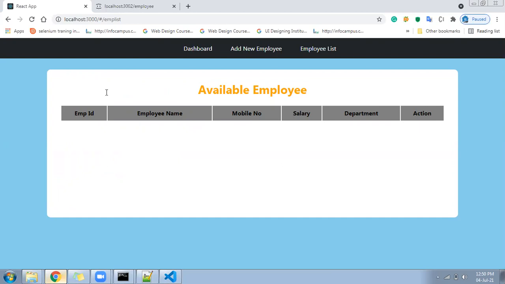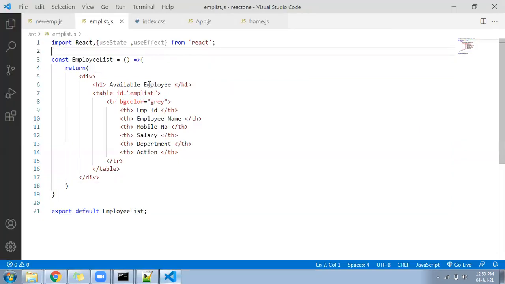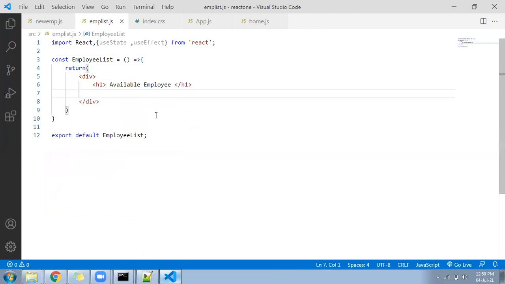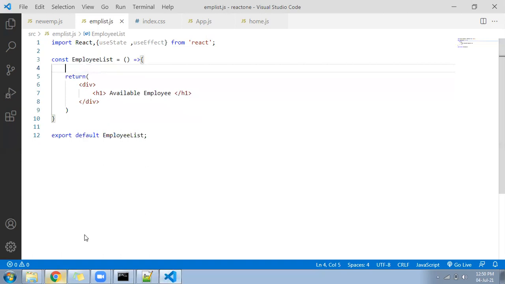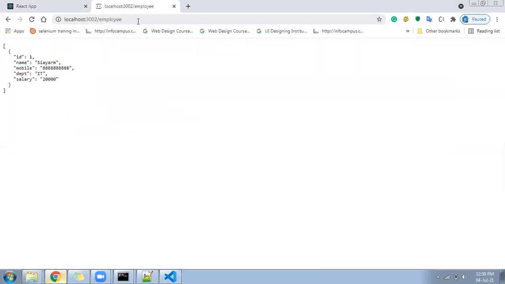I will suggest you. So if you are going to work on this employee list, what should you do? First, you can design this table and then come back. Let me delete this table also. Just delete it. I'll write it again for you. Okay, everything deleted. Let's come up first. Read the data from that file. Which file? That port number we have given. See here, the port number is running to get the employee data.